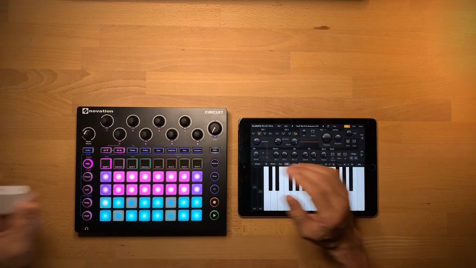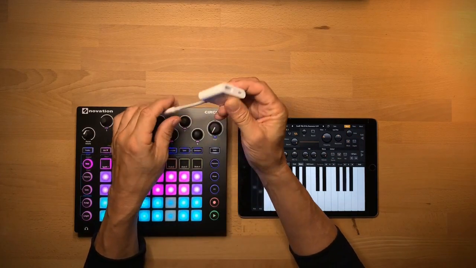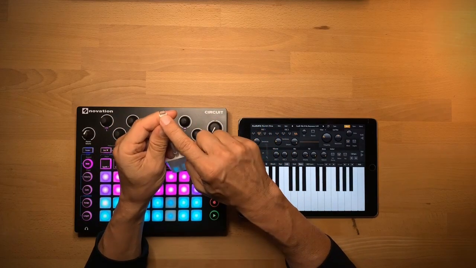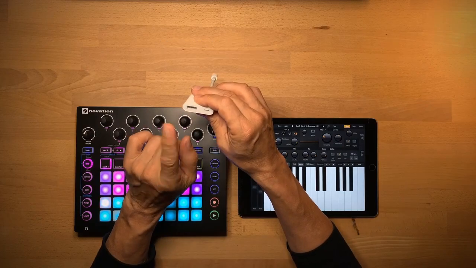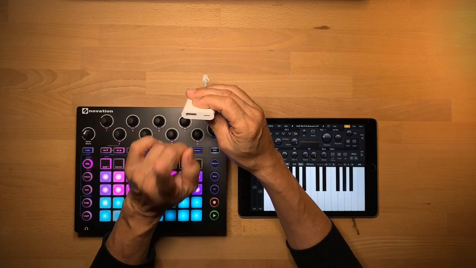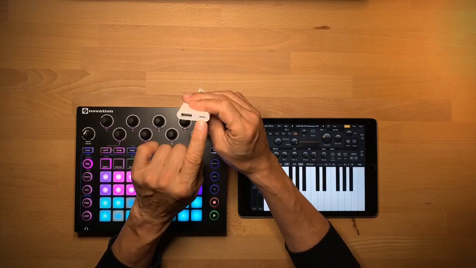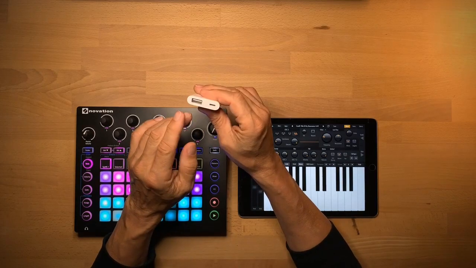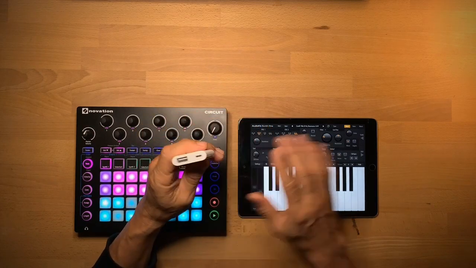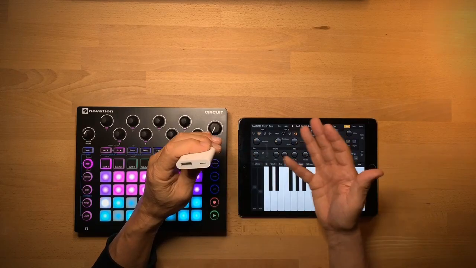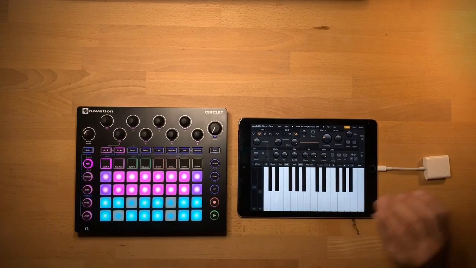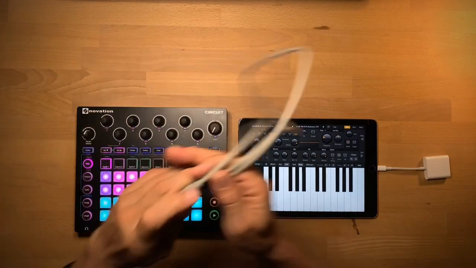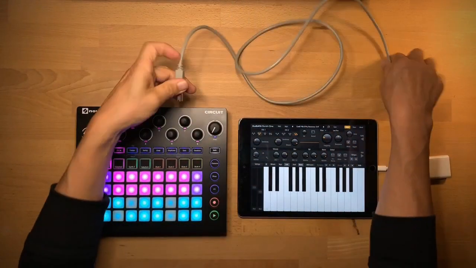Now to connect these two, you need a connector, one that has a Lightning connector on the one side and also a USB-A port on this side. I'd also recommend to add another Lightning connector here because that way you can power your iPad while your session is running. So I put this in here, and then I take the USB cable,